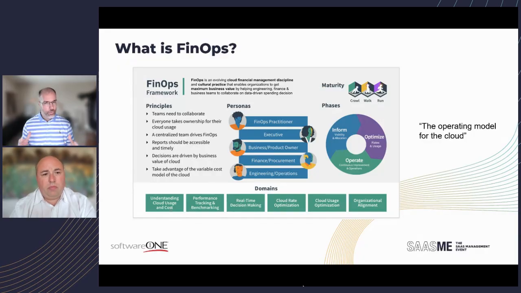But before we dive into what the answer to that question is, let's talk a little bit about what FinOps is. The reason I still like to go into this is, about a year ago, there was no question. If we were talking FinOps, we needed to do a level set. What is FinOps? Sort of a 101. What's interesting is over the last year, FinOps has become such a popular framework that we don't have to do that as often. However, there are a lot of intricacies to it, and FinOps, in some cases, means different things to different people. So we want to level set a little bit about what it means to us and how we participate in the FinOps Foundation.